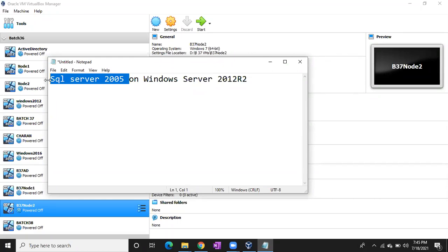Don't think like I can install my SQL Server 2000 on Windows Server 2012. It's not possible, a 12 years gap is there. Just plus or minus 1 to 2 years. You can manage by just patching either SQL Server or Windows Server. Clear? In such a case, whichever is the lower version, you have to patch that lower version software so that the gap will be decreased to 7 years and you can happily install it.